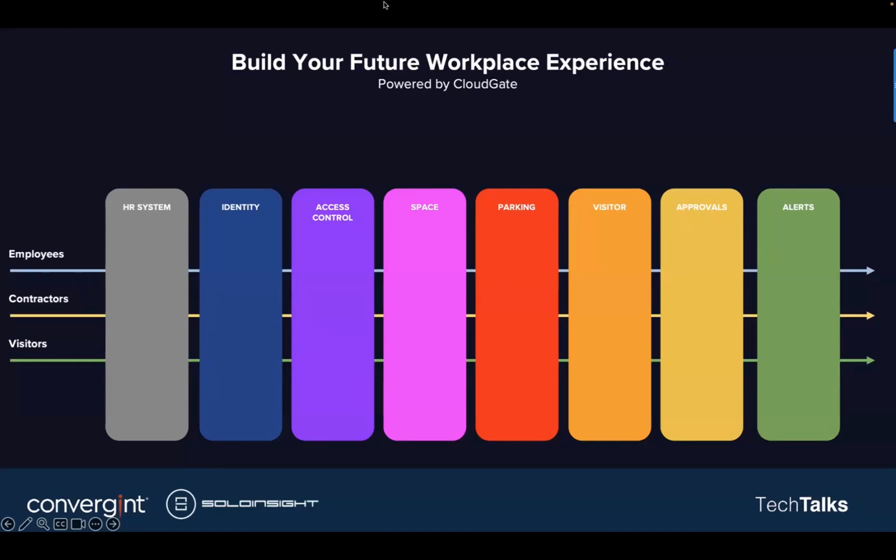So what CloudGate, or Solo Insight, CloudGate is our product, what Solo Insight has come to the market and identified is that if corporations or organizations around the world shifted their focus to the identity and the workflows associated to those identities in your organization, you now have workplace automation. That automation is really what Solo Insight has come to the market over the last 10 years, going on 11,